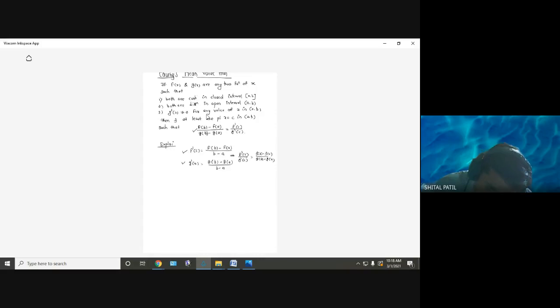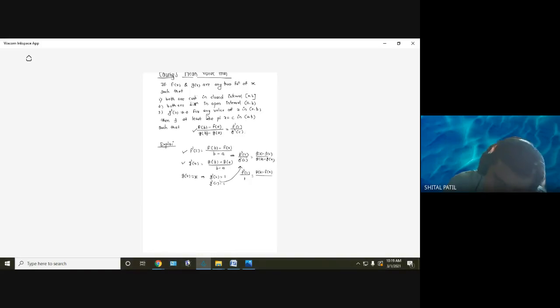Now, suppose I have g of x equal to x. Tell me what will be g dash of x. Derivative of x is 1. Now, substitute g of x equal to x in this statement. We get f dash of c as it is, divided by g dash of c. g dash of x equal to 1, so g dash of c is 1 only. So, f dash of c divided by 1 equal to f of b minus f of a,